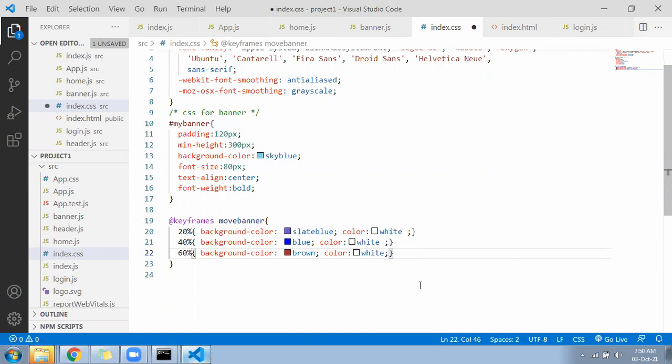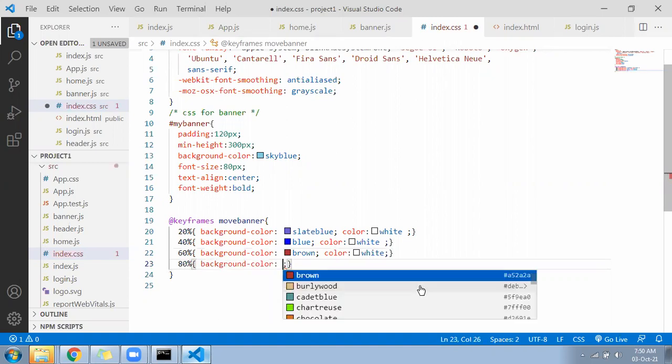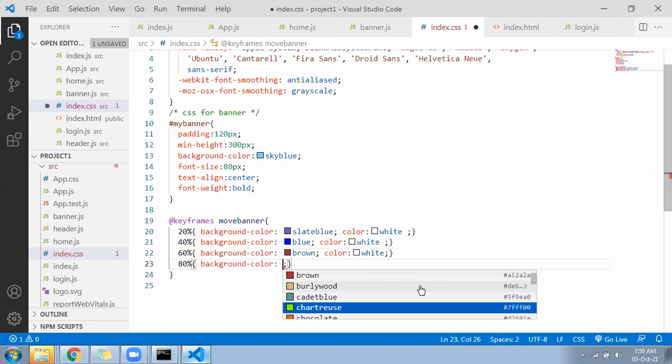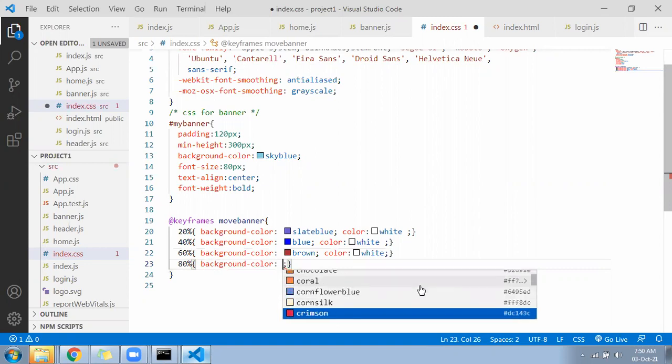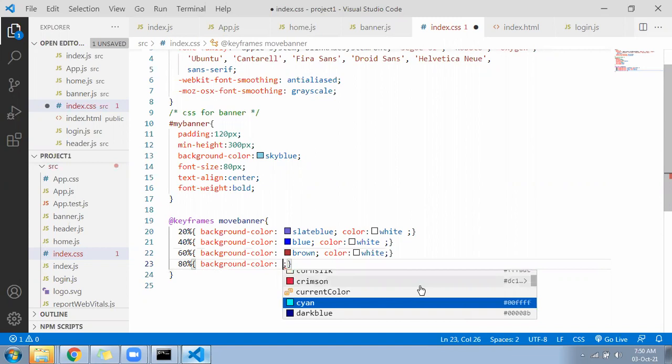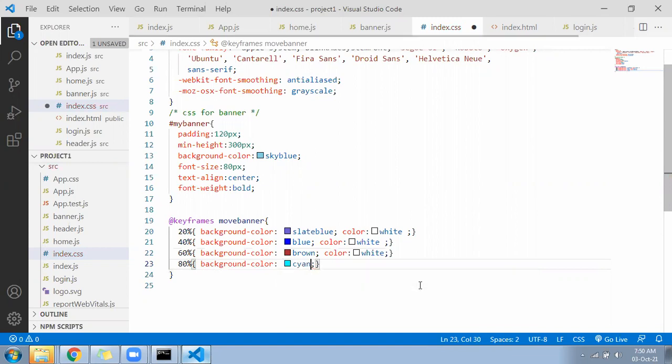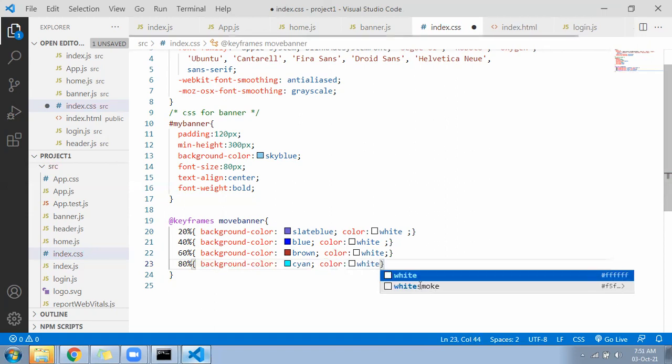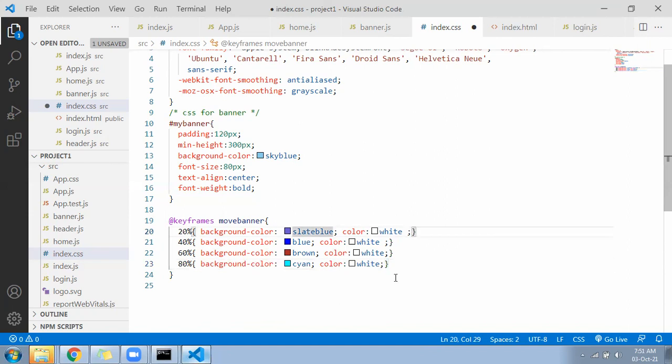When 80% time will get finished, background cyan color, color white color only. In this we have to do some font size changes also.